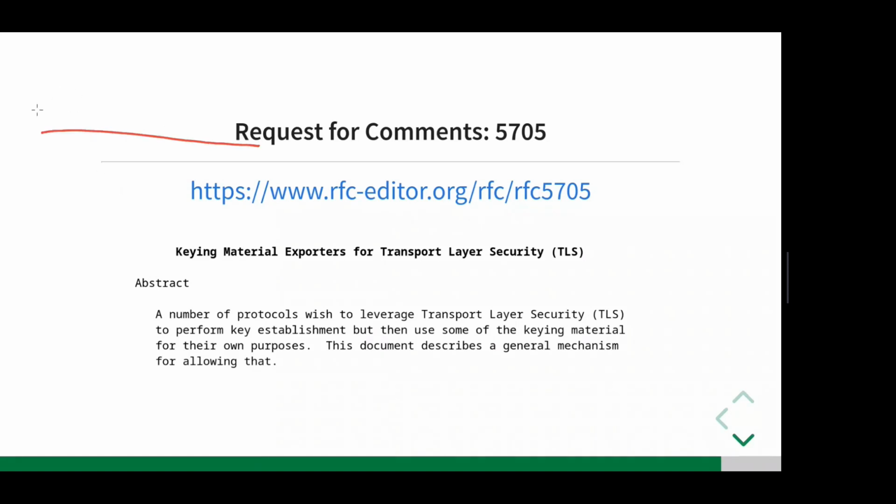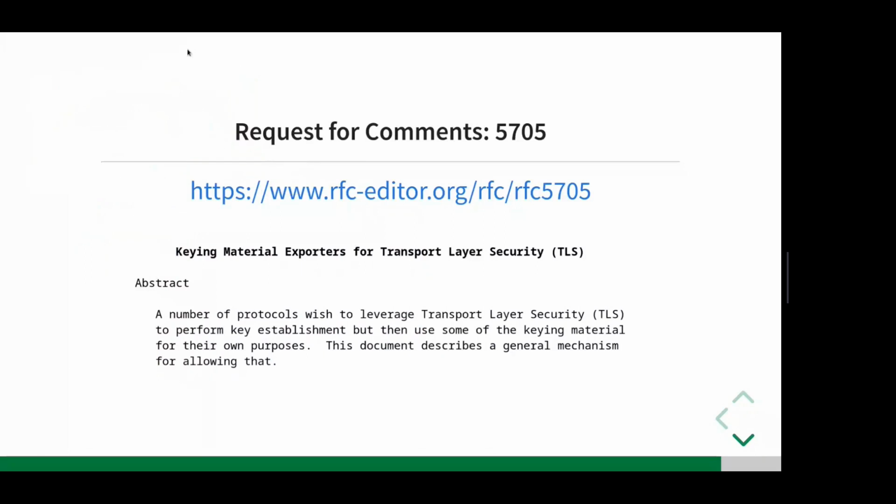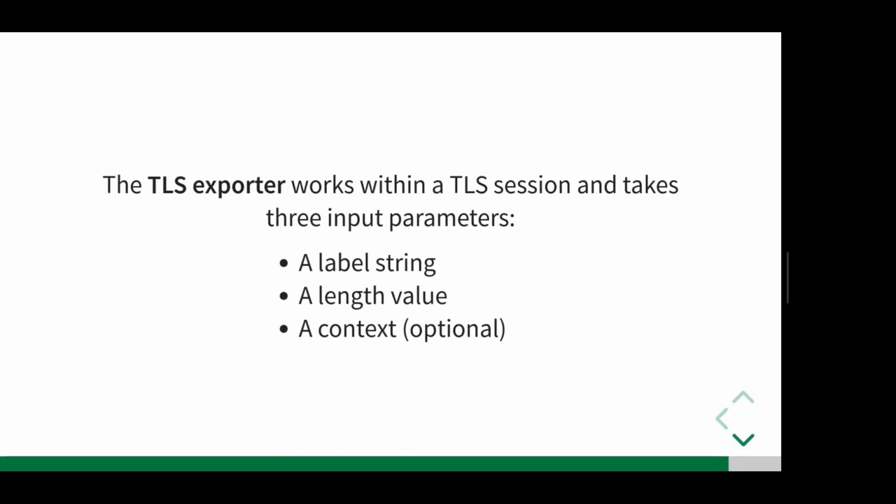So if you check the slide, you have client and server with TLS, and with this you can extract from the TLS random, pseudo-random numbers, but essentially they are secrets that you can use for application-sensitive things, depending, of course, on the application. This mechanism is agnostic to the particular application. And you give it a label string, you give it a length value, and you give it a context, which